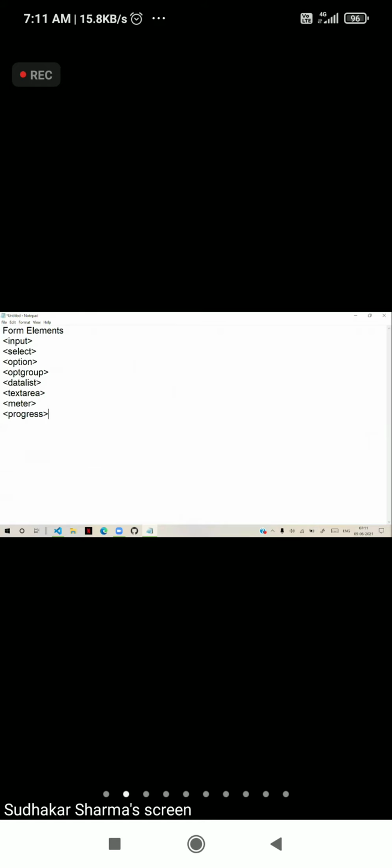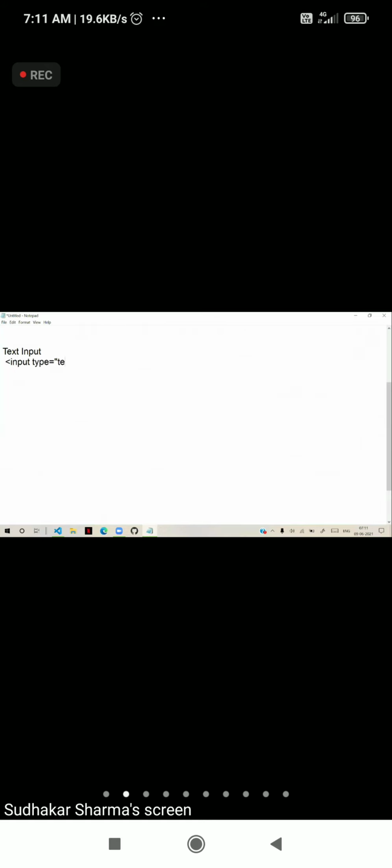Generally, in the form elements, we first have to learn about text input. For text input, we can use input type equals text. Text input generally means string input.